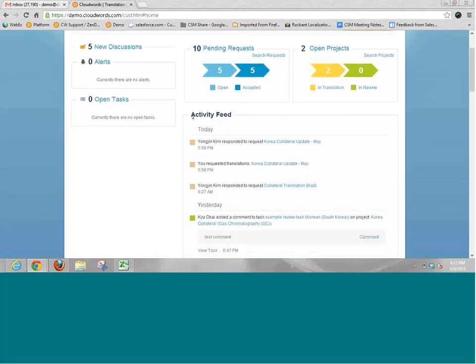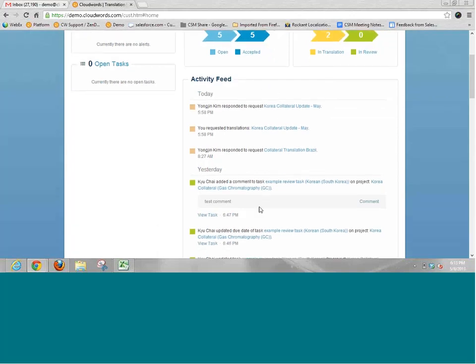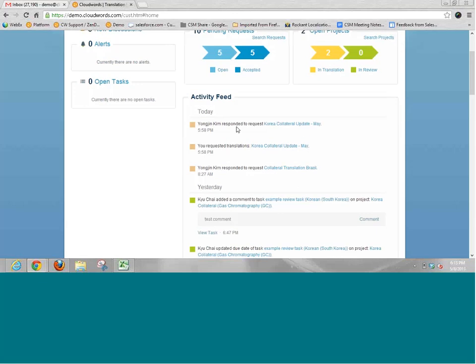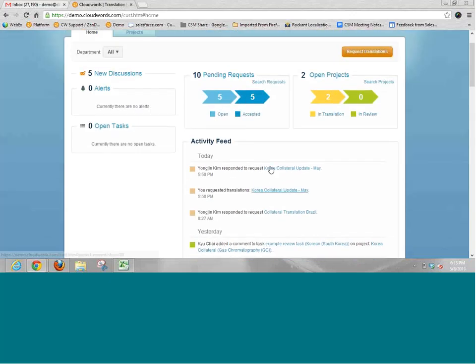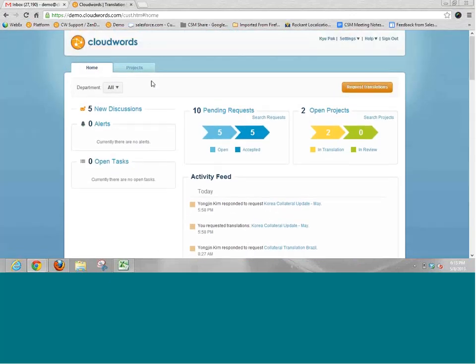And then there's an activity feed that shows you chronologically what is happening with the projects that you've requested. So you can see who is taking what actions, what tasks are being completed with this project. So that's just a general overview of the Home tab. The most important part for you and what's most